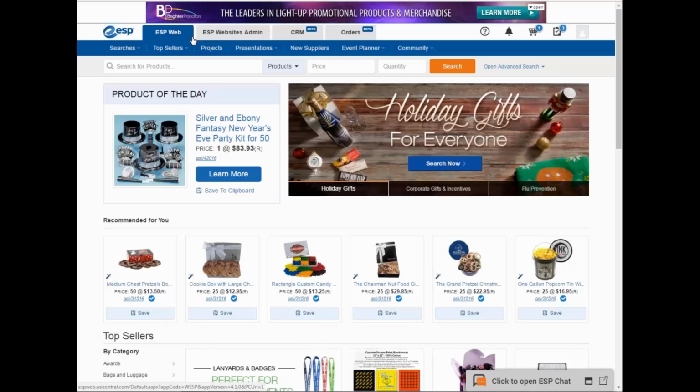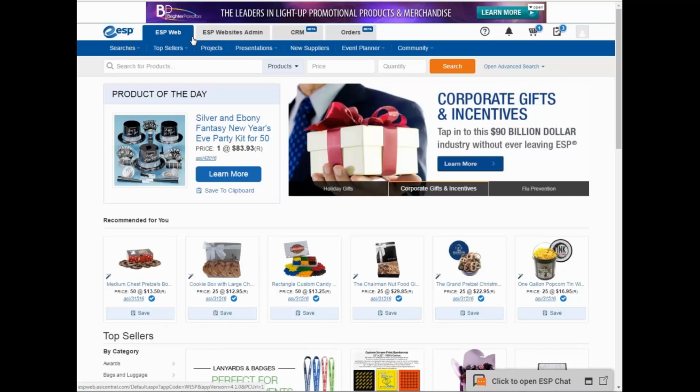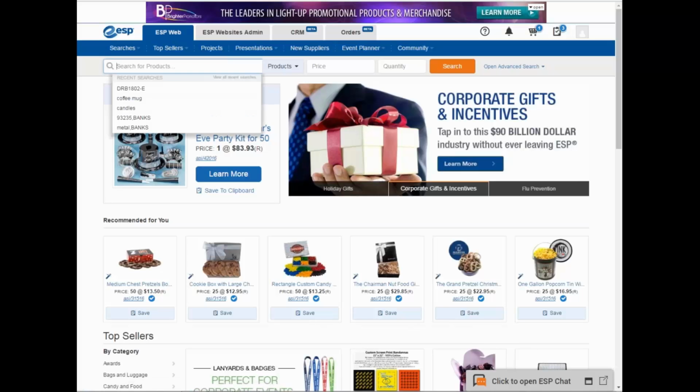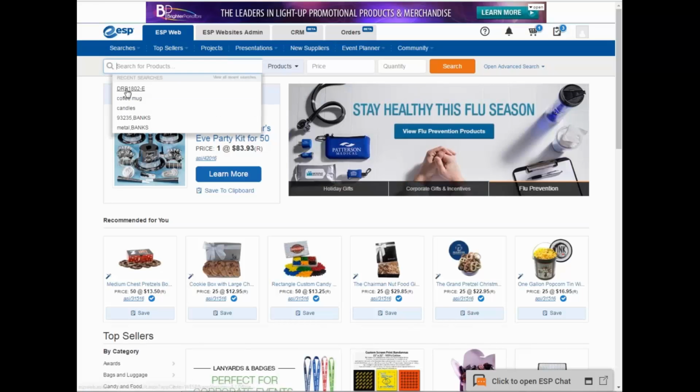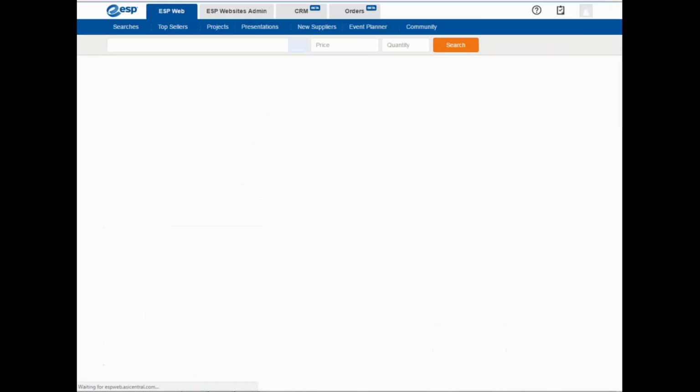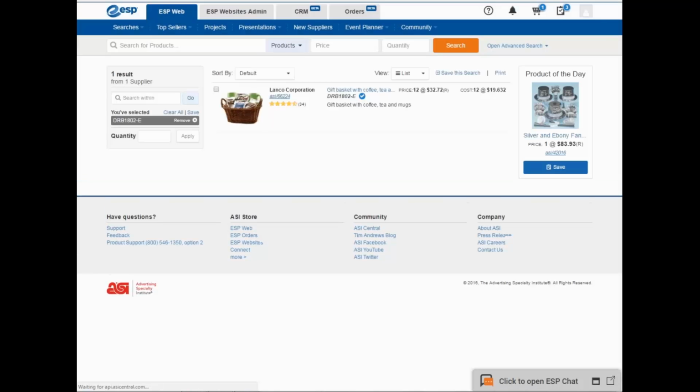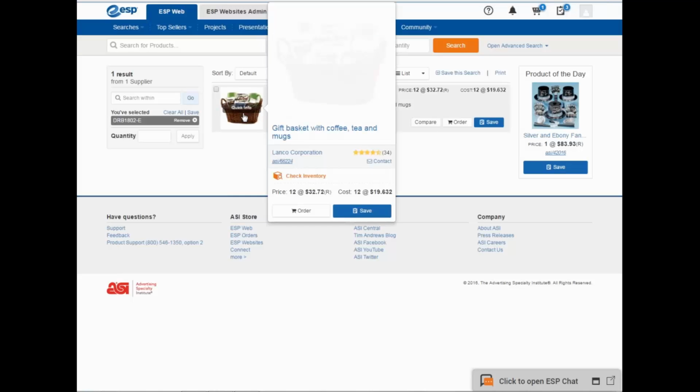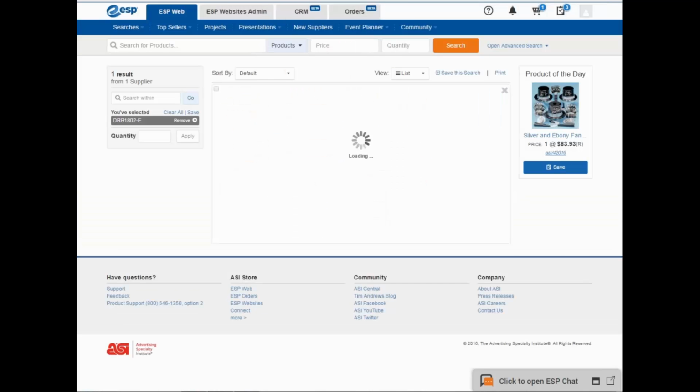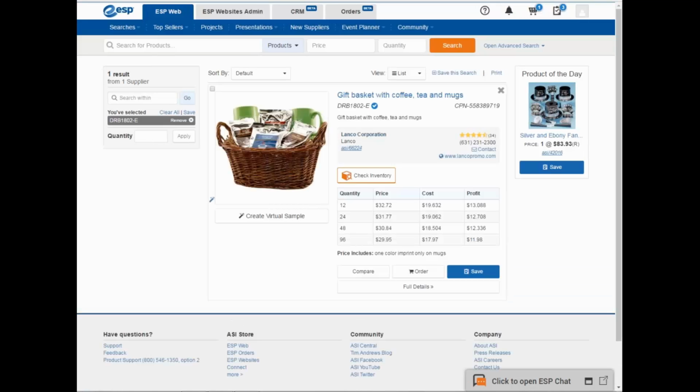In today's session, we will cover what you need to do to place an order through your ESP Web. This class will cover a basic product order with an imprint and artwork attached. To begin, we search out our products for our customer. Once we find our product, we choose our product from the drop-down. We're going to double-click on the image, open the product detail page,